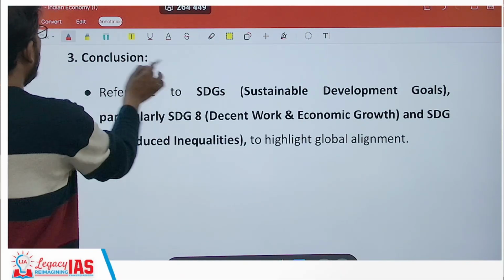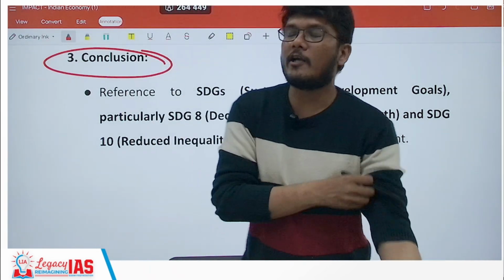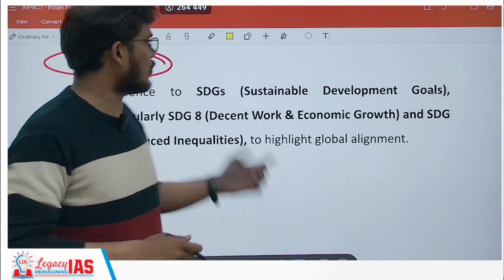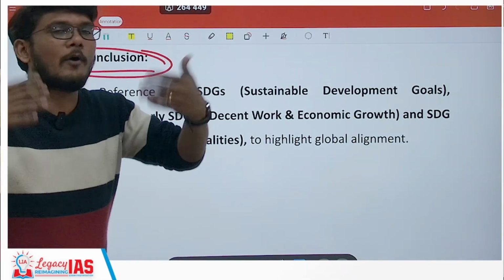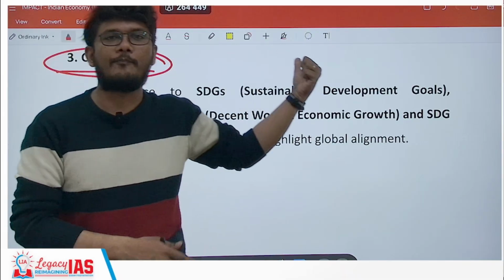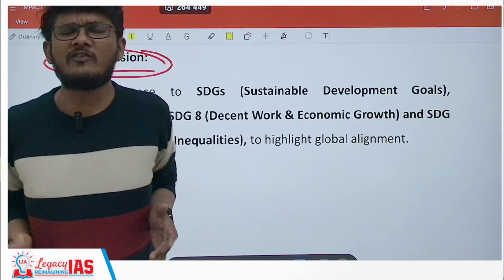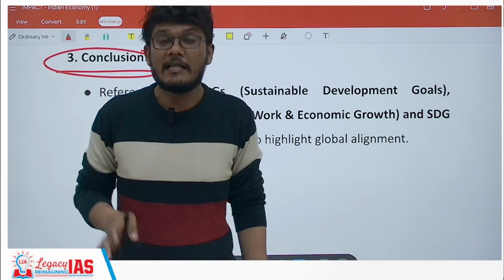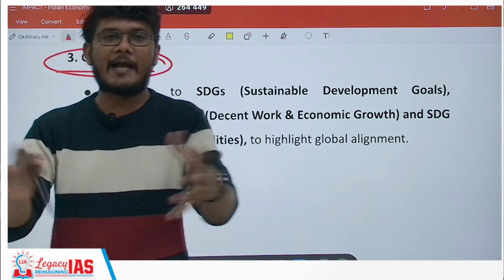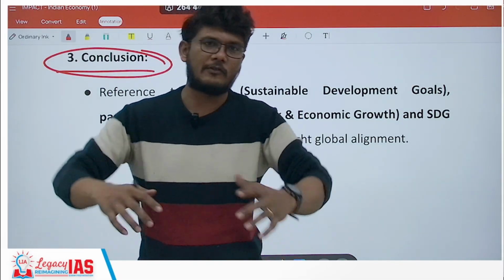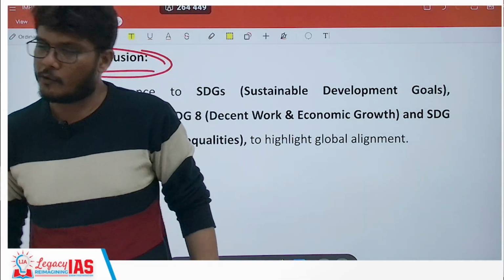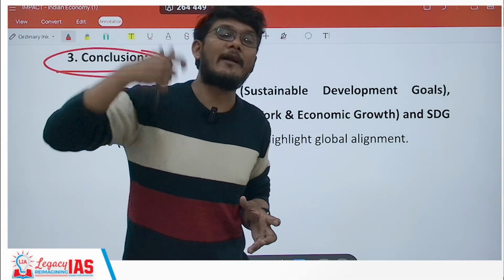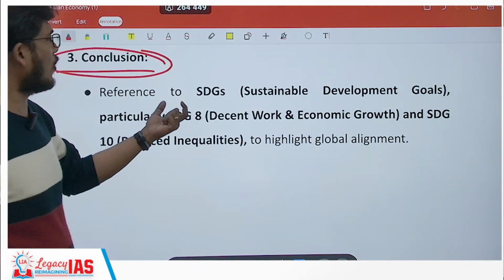And then finally you can conclude. Do not mention solutions in the conclusion. Never mention solutions in the conclusion. The conclusion is separate. So how to think about the conclusion? Whatever solutions you have provided, think in your mind: if the solutions that I have provided are completely implemented, then what will be the future of India, the Indian economy and the world? For example, if it's a world-related question, think of the world; if it's an India-related question, of course India. So what will be the future? Write that future aspiration as a part of your conclusion.